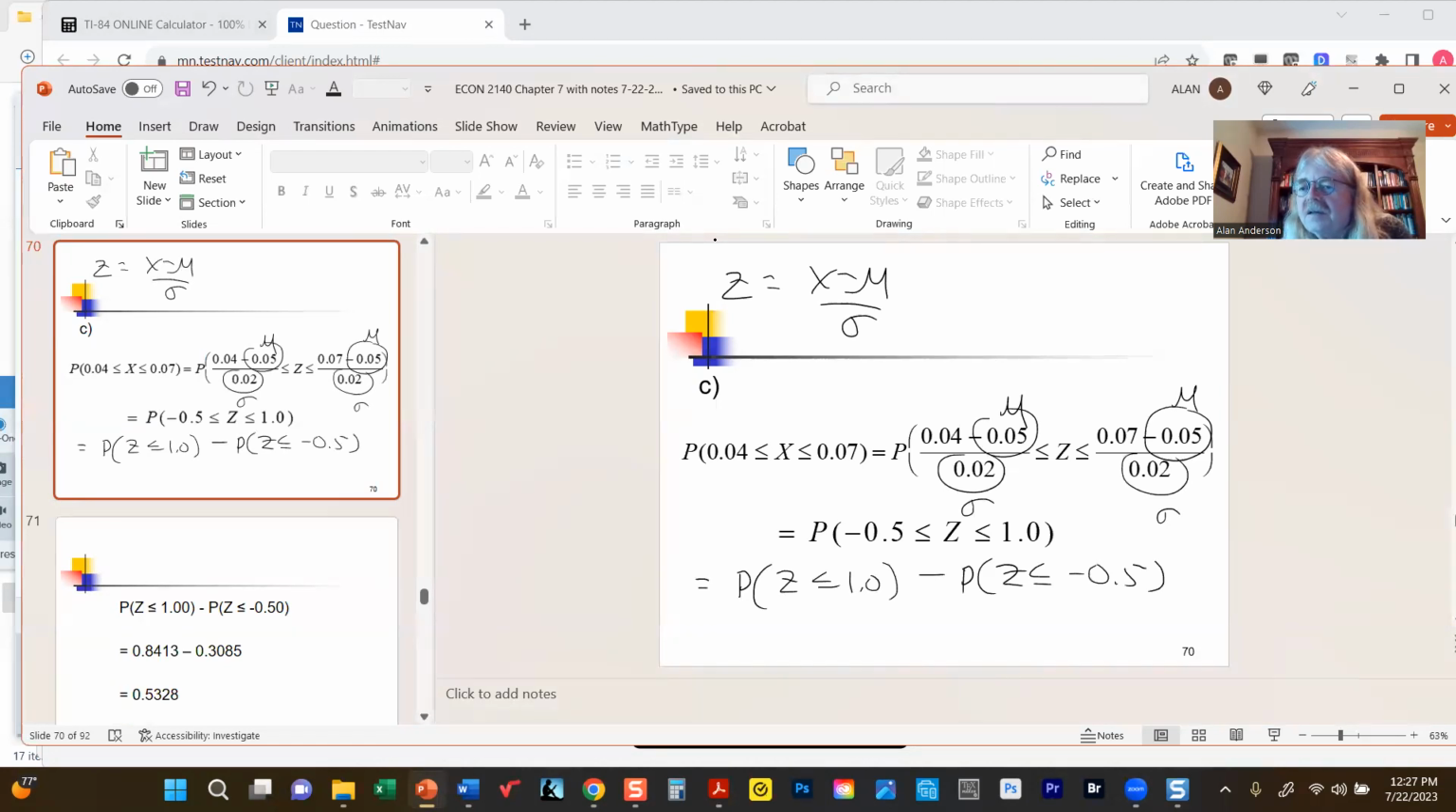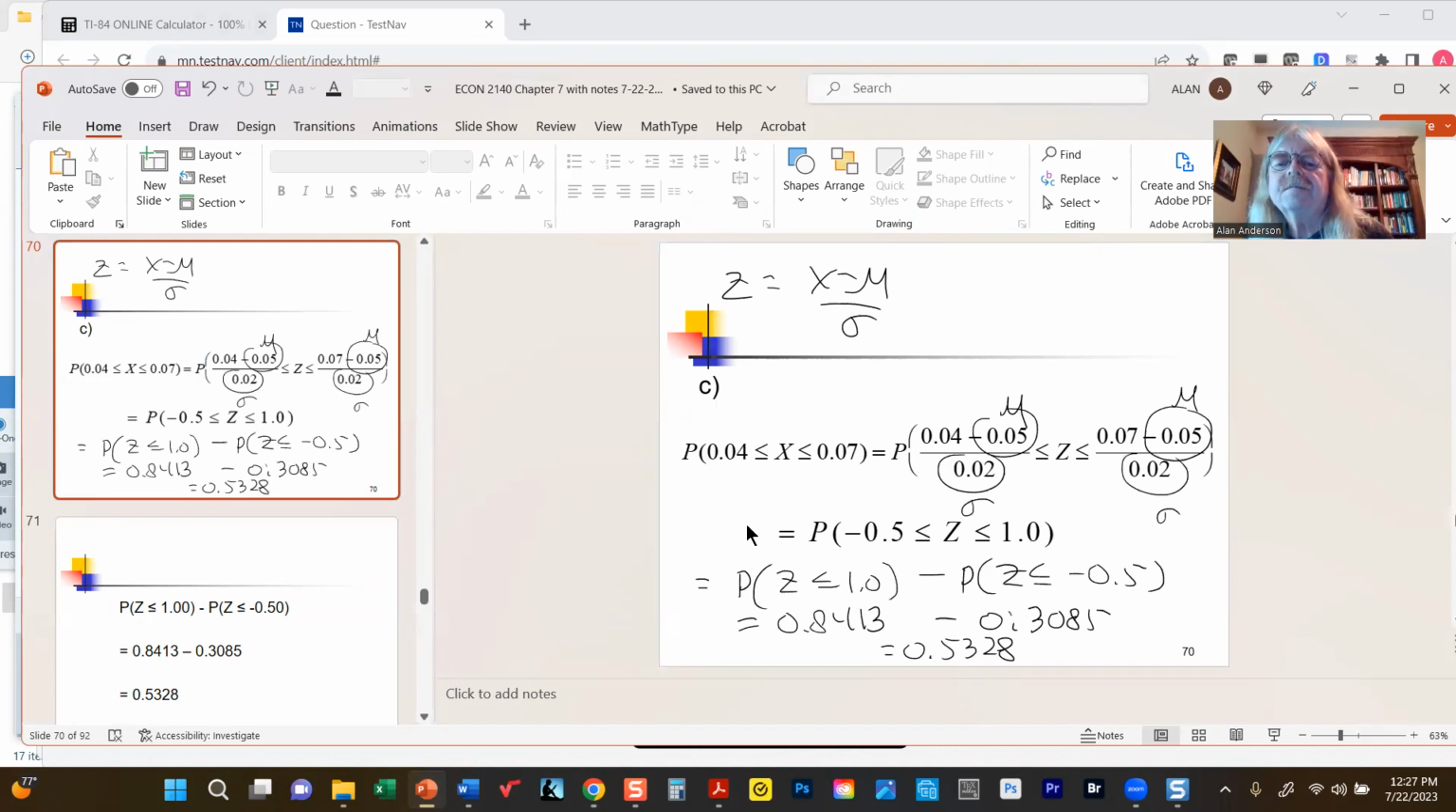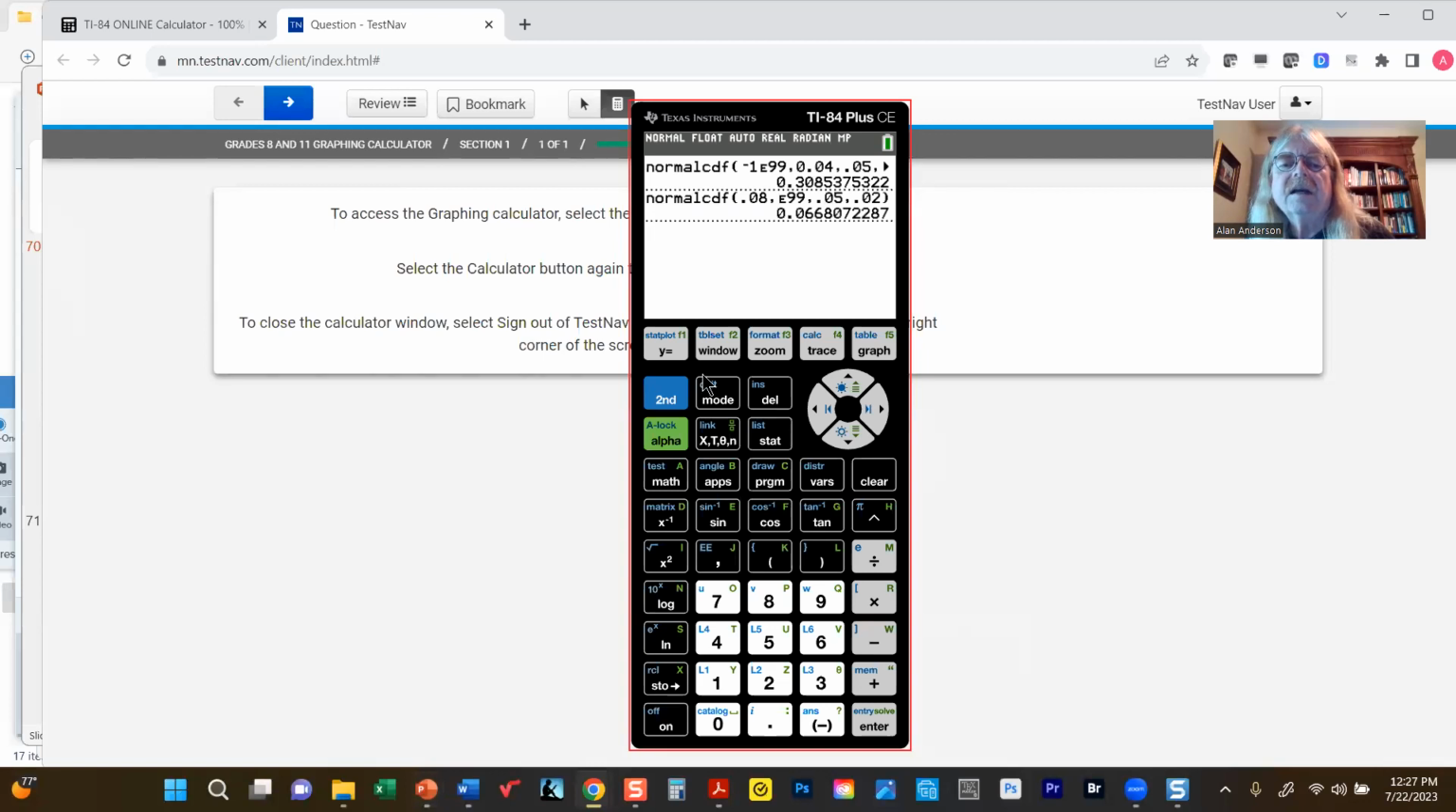Both of these we run through the tables. And you can see on the next slide, this one is 0.8413, and this one is 0.3085. The difference is 0.5328. Now, with the calculator, it'll be easy. You don't have to change too much. You just change the limits, 4 to 7. Let's go back there. Remember, don't forget, it's number 2. All I have to do is change this